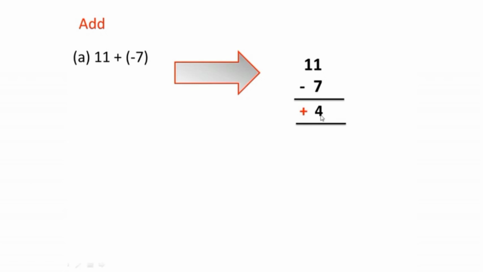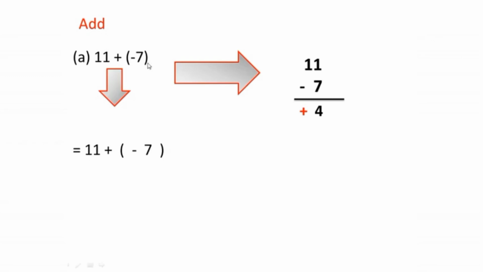Here we have 11 minus 7, that is 4. That means plus 4. Here the subtraction operation takes place and the value is 4. Let's see another method. Already with one method we have got the value 4, so we need to find it by one more method. That method you have to learn.